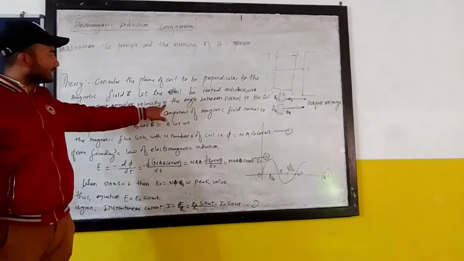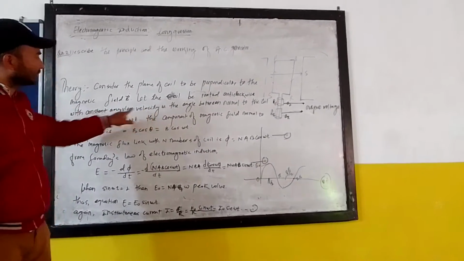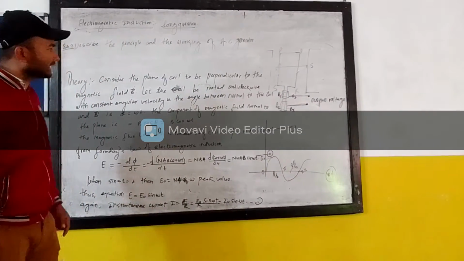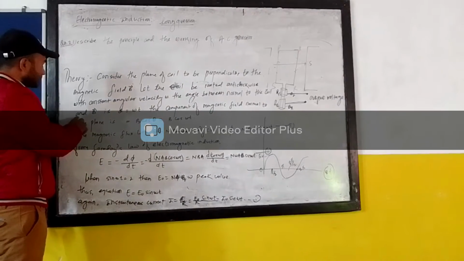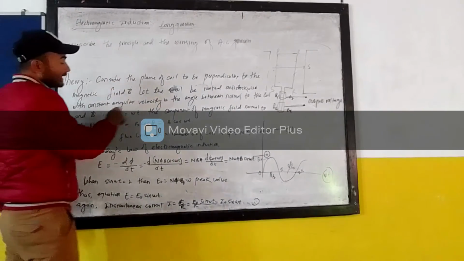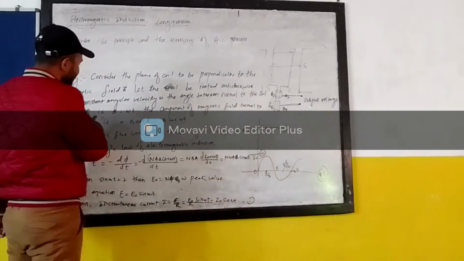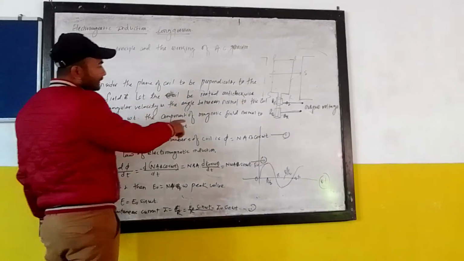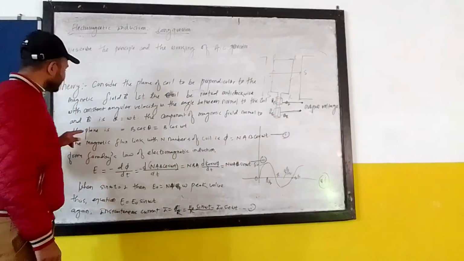मानौ त्यो coil चाहिँ angular velocity omega ले घुम्न दियो भने, त्यतिखेर the angle between the normal of the coil and the magnetic field B, suppose theta equal to omega t if we consider, then the component of the magnetic field normal to the plane is,